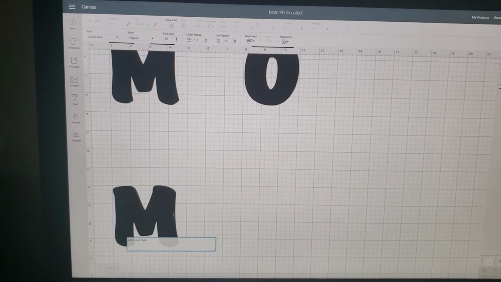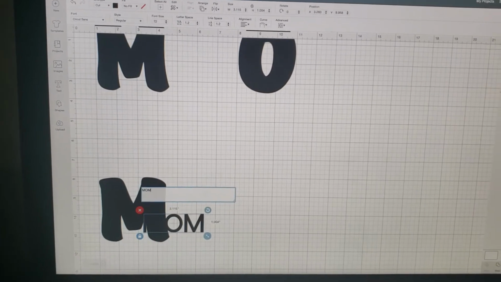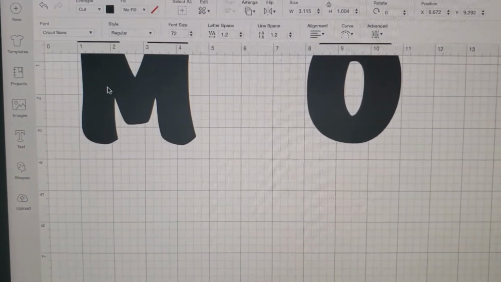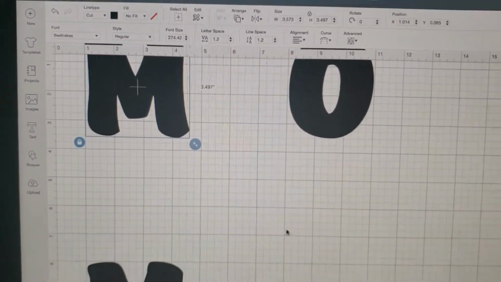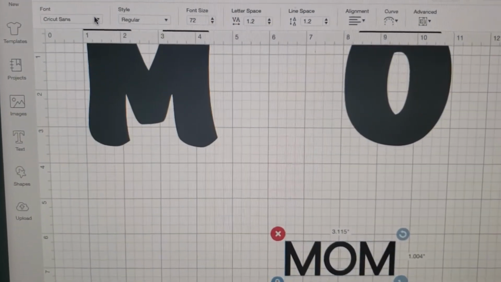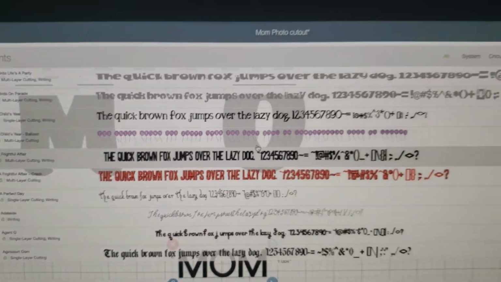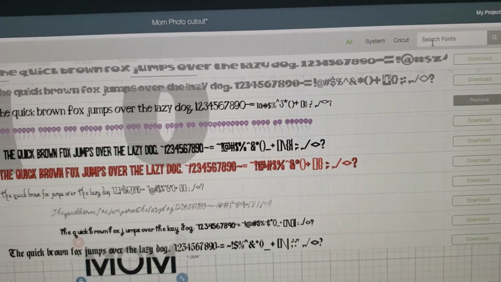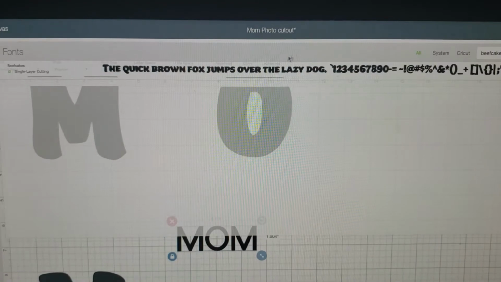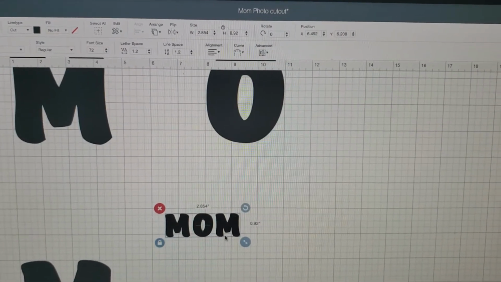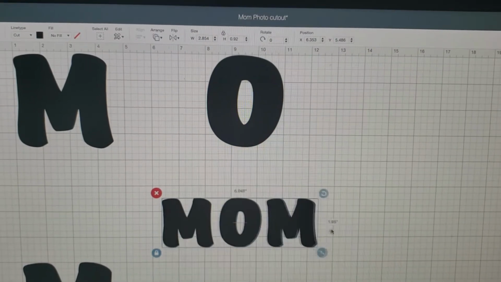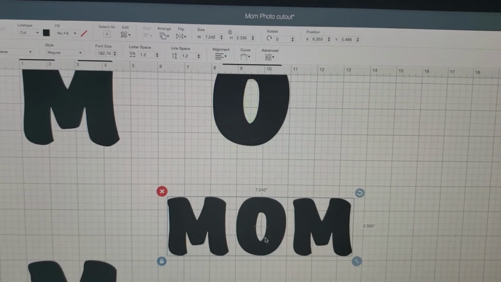And what I did is I typed in mom and I changed the font up here, and my font is Beefcakes. So you would click on this text that you've started and change your font to whichever you want. There's a lot in here that you can choose from. This is just one of the first ones I saw that would work. So once you change your font, you can adjust it to whichever size you want, like this. And once you get the size that you like,